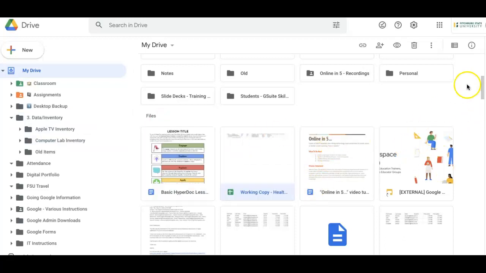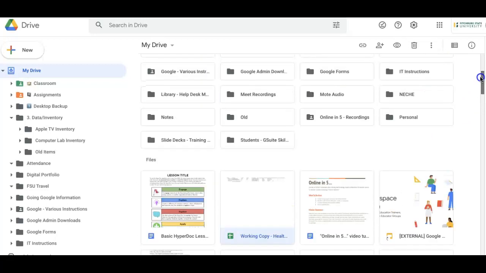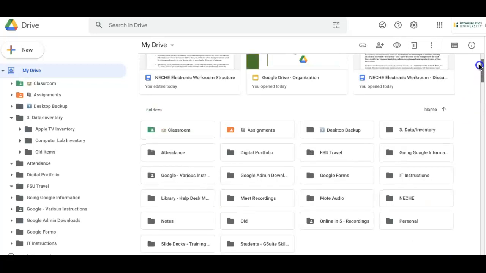Same with trash. If you find that some of these are not needed at all, go ahead and highlight them and drag them right into your trash, or again into a folder that's for older items or to review later. Make it easier and what you will be able to look at that's most convenient.